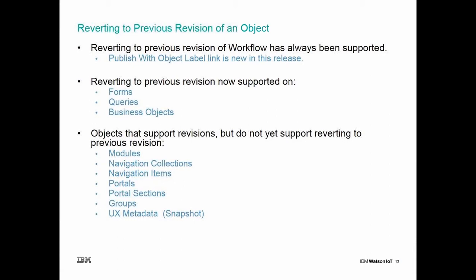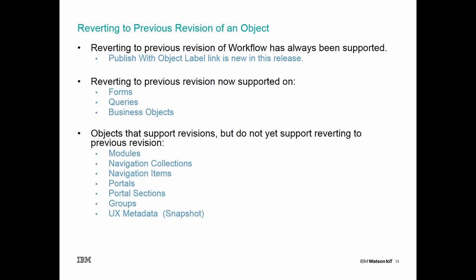So, reverting to a previous revision of an object. Reverting to previous revisions of workflows has always been supported. What we did for this release is we added a new link called Publish with Object Label,